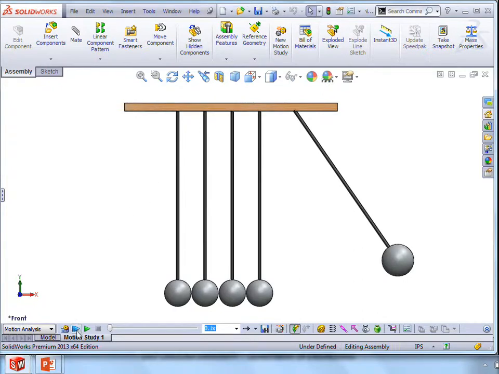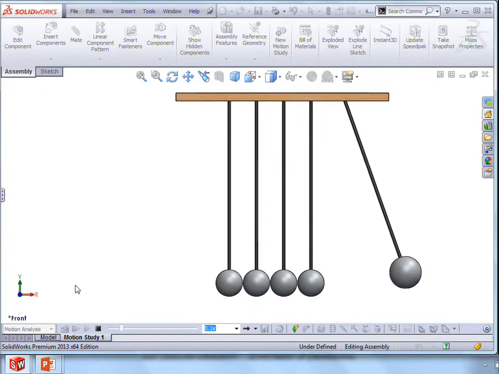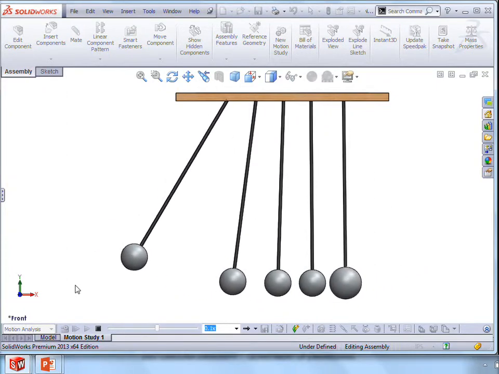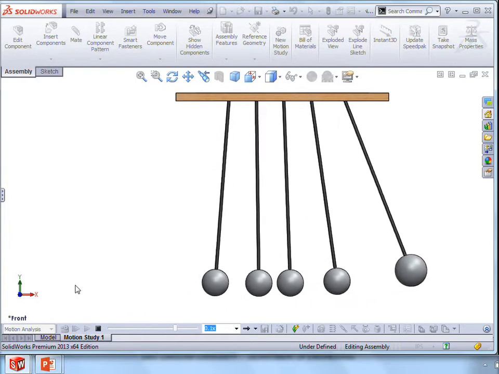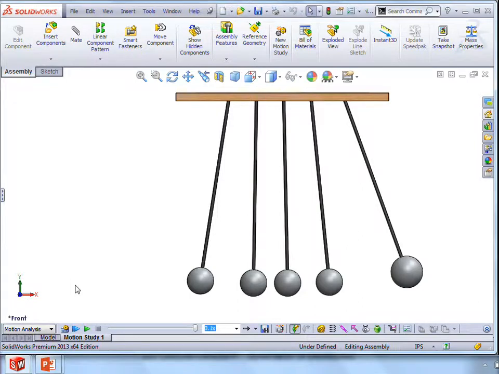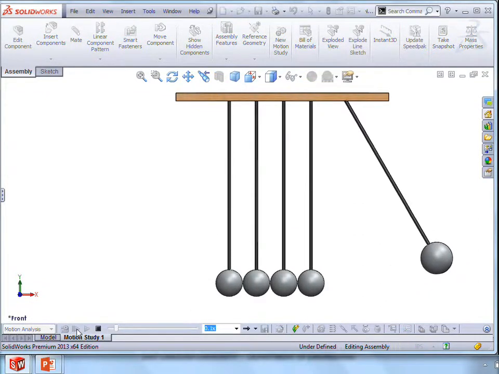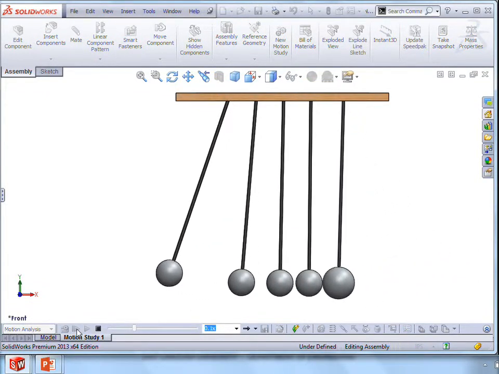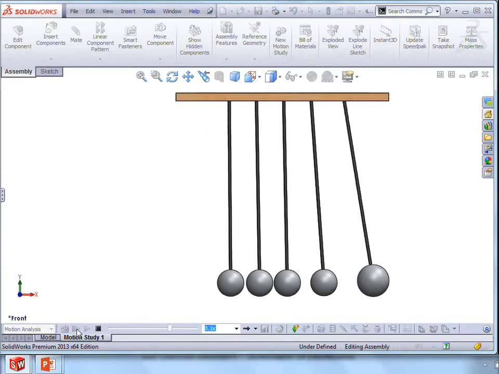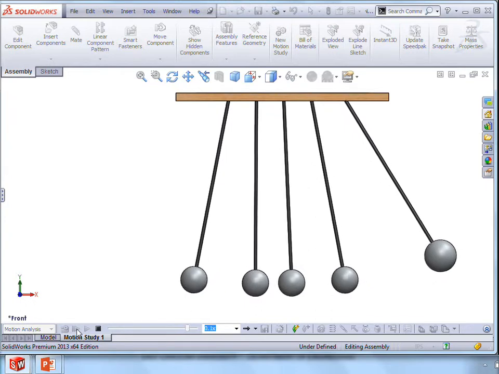So we'll play this in pretty slow motion here. And you can see that the last one does end up flying up quite a bit higher, but there are all these intermediate contacts as well. If you simulate that out further, you'll see that the pattern gets a little bit more disorganized the further that you take this out. So again, this Newton's cradle is a simple looking little apparatus, but if you really try